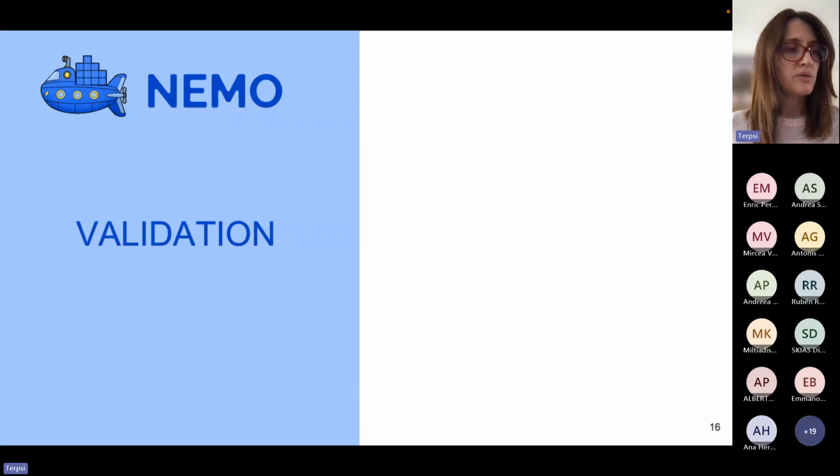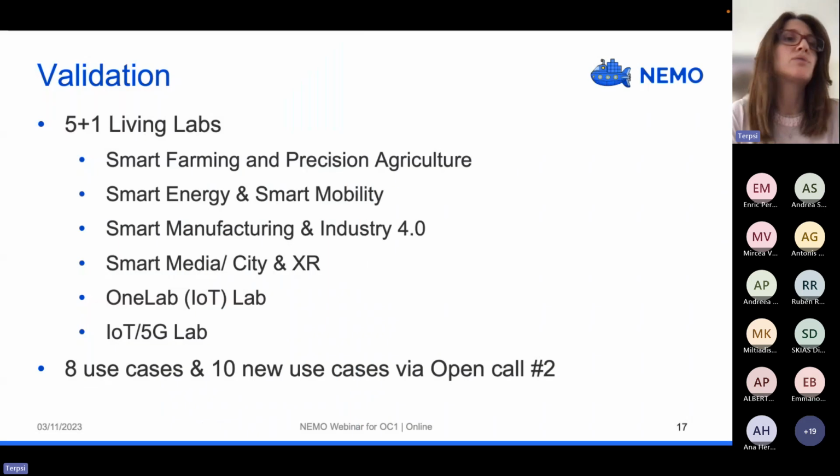The NEMO validation activities include validation in 5 living labs and also 1 IoT lab. This is done across several domains, including smart farming, smart energy and mobility, smart industry, smart media and smart city, and 2 laboratories for IoT and 5G testing.